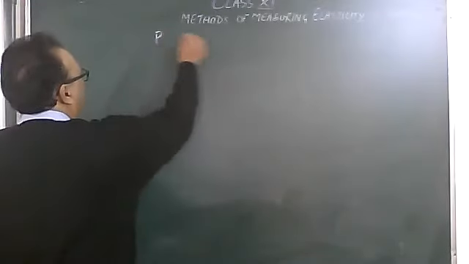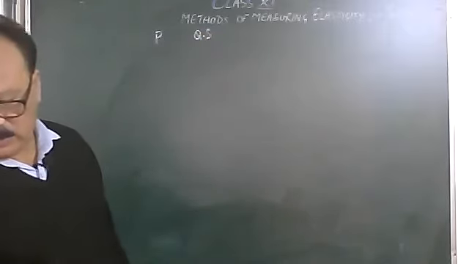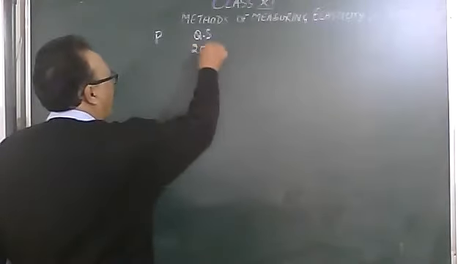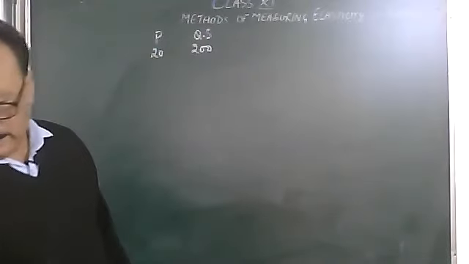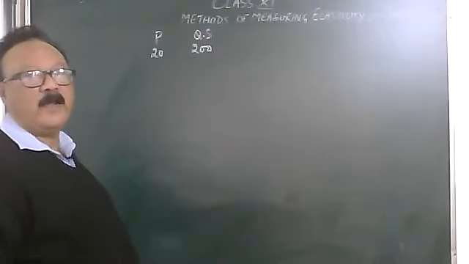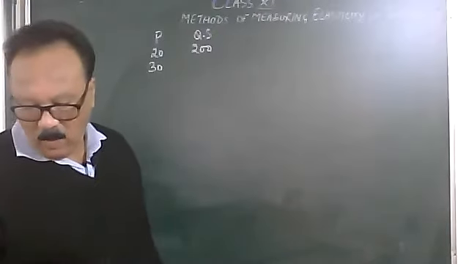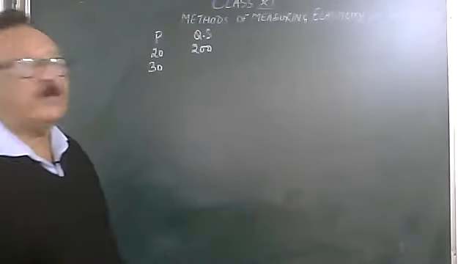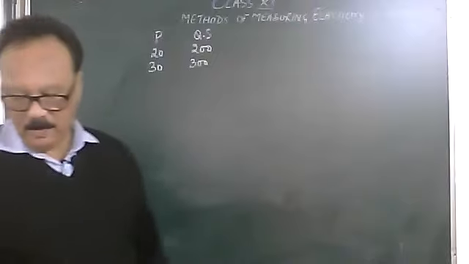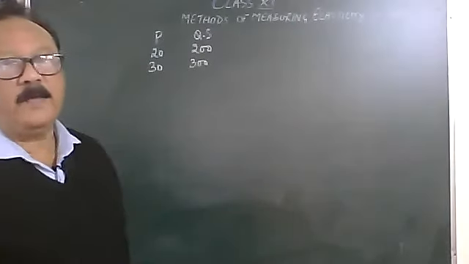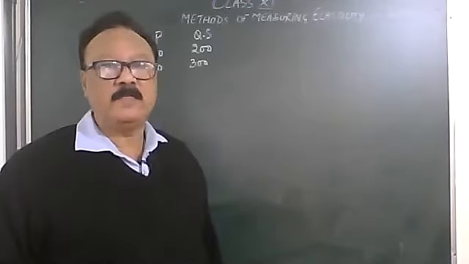So what we have put down is price and quantity supplied. The supply of the product is 200, that's quantity supplied, when the price is rupees 20. When the price rises by 10, that is 20 plus 10 becomes 30. The supply also rises by 100 units, 200 plus 100 is 300. Find the elasticity of supply. One more question I will do with both the methods. After that, I will just do one method.